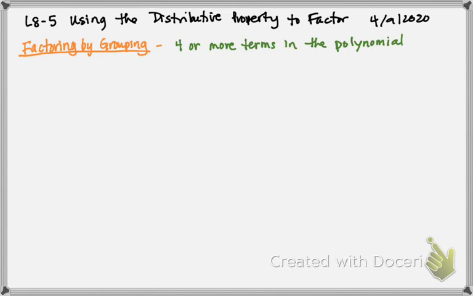What I'm going to do is create one. So we're going to learn to factor almost every type of polynomial using this strategy, okay? So 4 or more terms in the polynomial, but, so big but, they must group into 2 groups